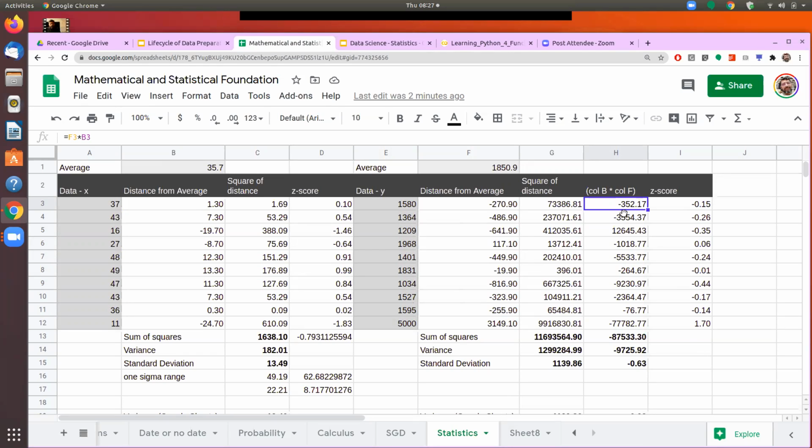So we'll just see the computation of that. All these numbers we already have. We multiply column. So rather than taking the square of this, what we do in the variance, when we're talking about the covariance, we have two different data sets. The distances that we have calculated, we'll take a multiplication of that. So the distance in data set 1 for the first data element, versus the first data element in data set 2, we'll take the multiplication of that. Again, we'll take the sum of that. So here, this will be called covariance.